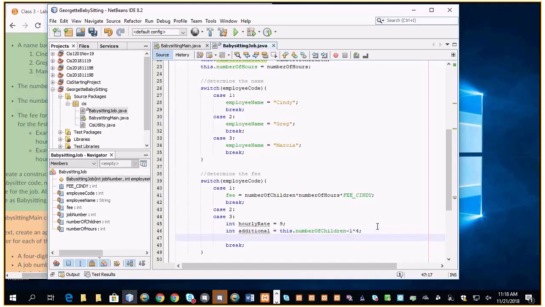Hours. Right. Is that going to work? I'll leave it like that. Number 4, additional. All right, so the int total hourly equals, then now I can set my fee equals